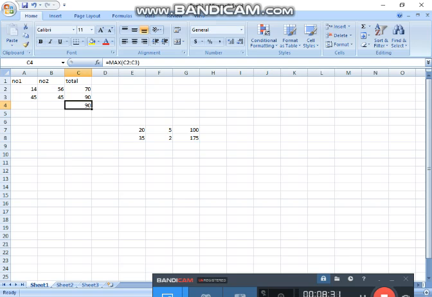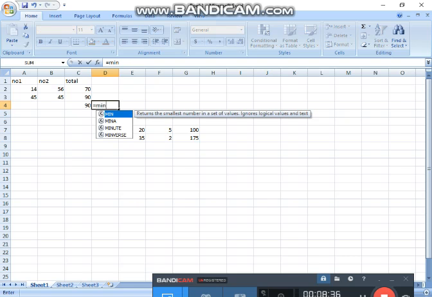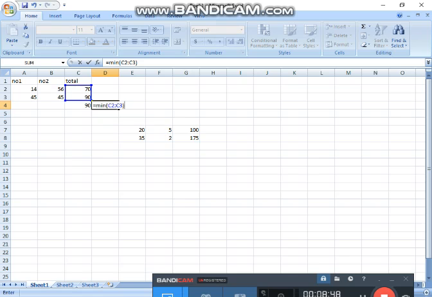If I want to find the minimum value, so equal to min, then opening bracket, cell address, then colon and ending address. Okay, this one is the starting and this one is the ending address. If we give more than 2 cells, it will also take those values.